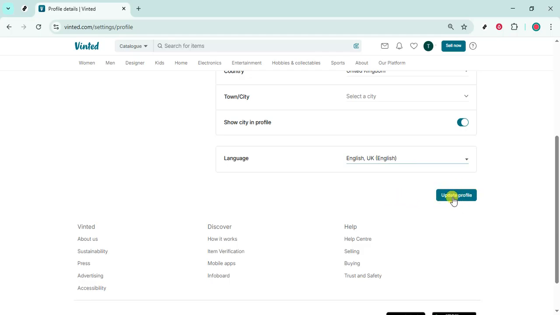Click Update Profile to confirm. This is important. If you navigate away without updating, your selection won't be applied. Once you click Update Profile, the page may refresh, and you should see the interface switch to your chosen language